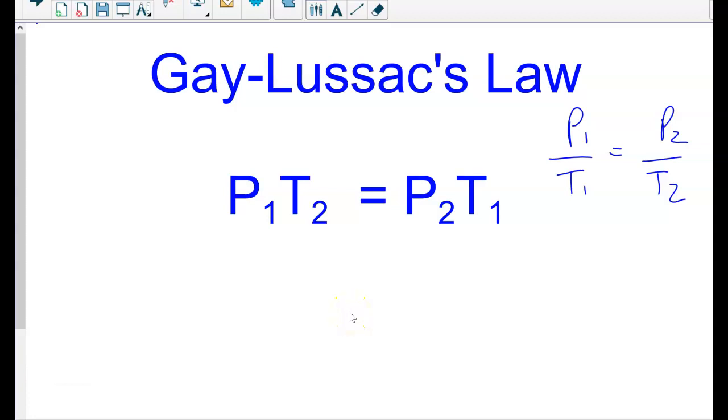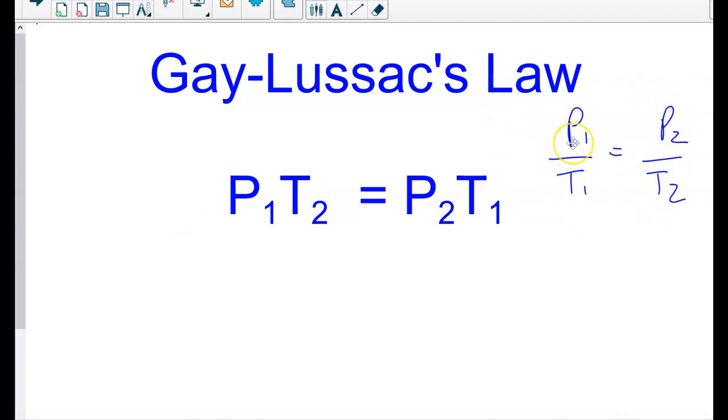Okay, ladies and gentlemen, another gas law to explore, Gay-Lussac's law. This is where you see a change in pressure and temperature and how that impacts the others, where volume is held constant. So this time we're holding volume constant. Let's begin. Before I begin, I wanted to mention again, similar to Charles' law, you will see a formula